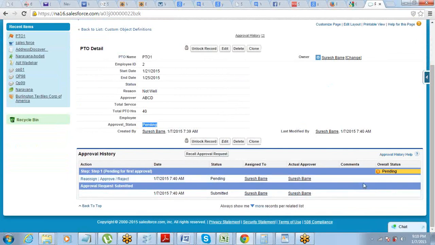The person who has created the record will need to submit it for approval. So before it goes to the approver, it needs to be submitted for approval. The person who is applying for the PTO will have to click on submit for approval. Why is this logic there? The simple reason is that if the end user wants to make a few changes, if he wants to edit certain things, then he should submit it for approval, right? So, submit for approval.